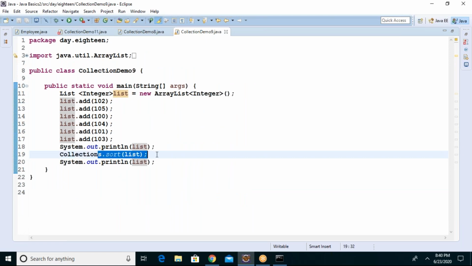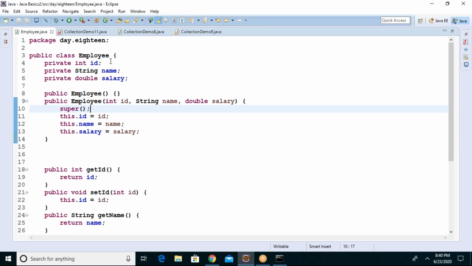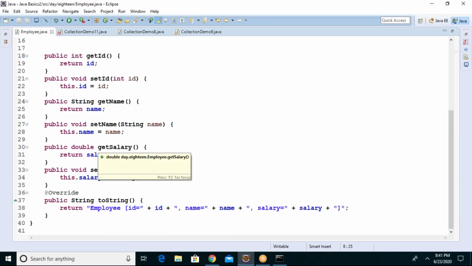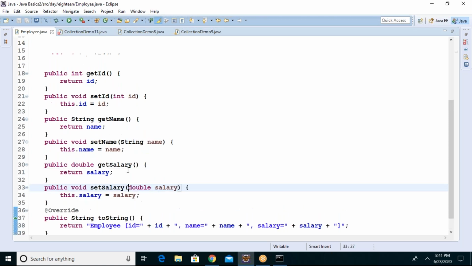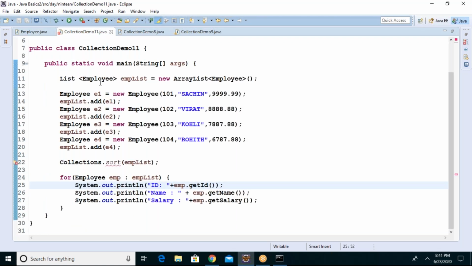The sorting algorithm now exactly knows how to sort them because of those implementations, which is not in our Employee class. Now let us take our class which we created. It is not a predefined class, it is our own class, Employee. It neither implements Comparable nor does it override any compareTo method, guys. Is it overridden any compareTo method? No. Does it implement any Comparable interface? No.